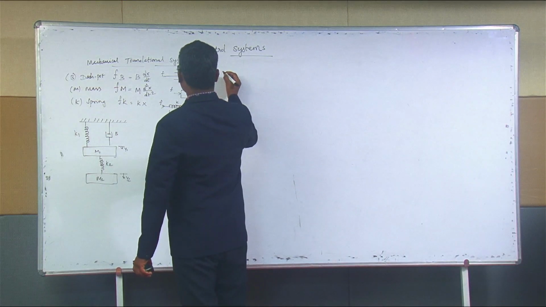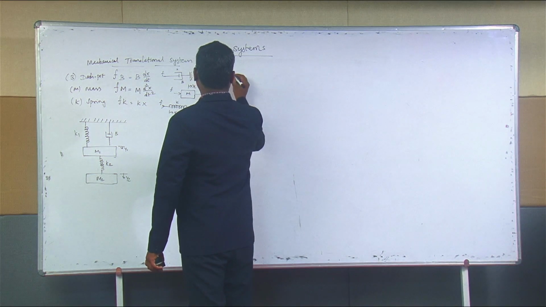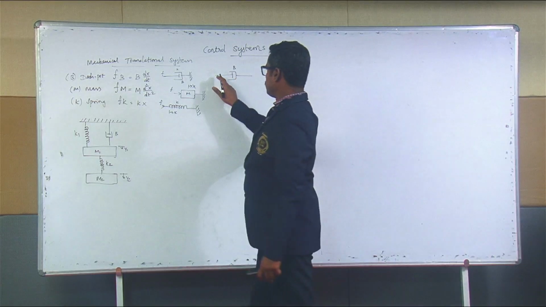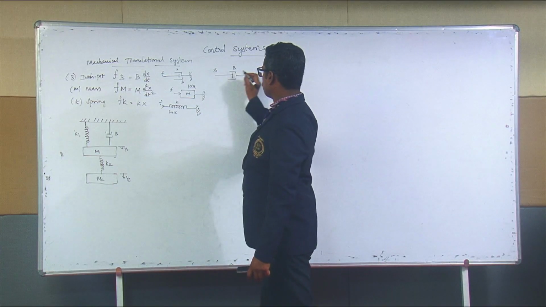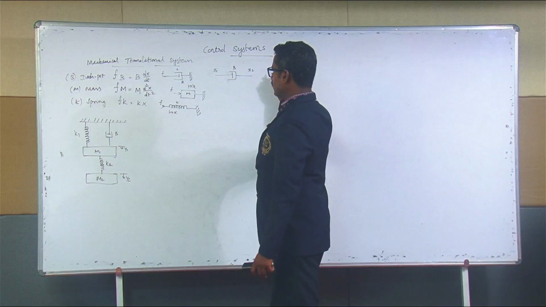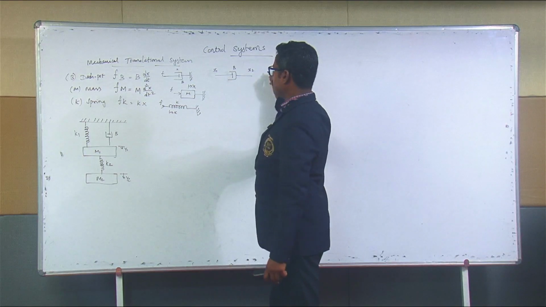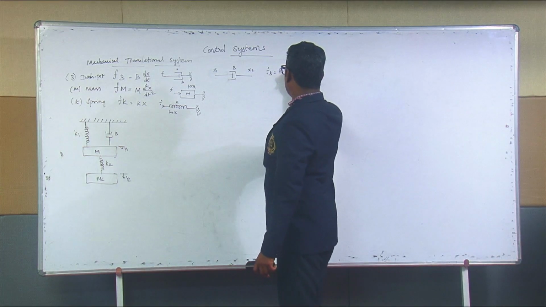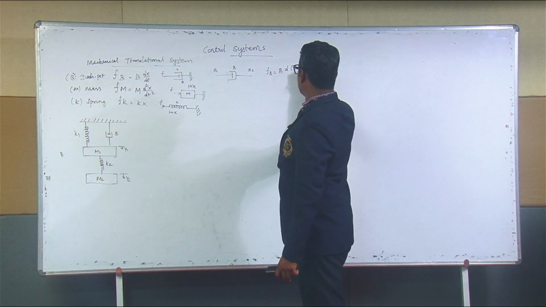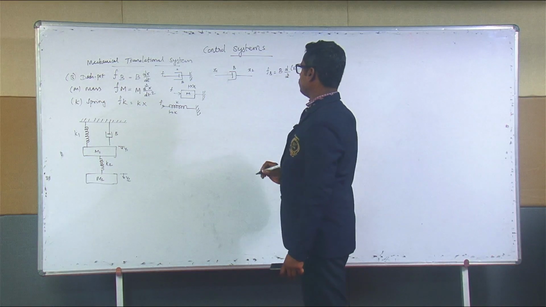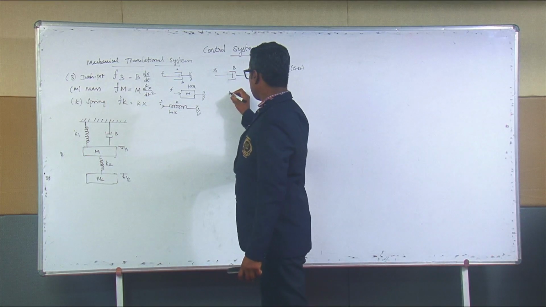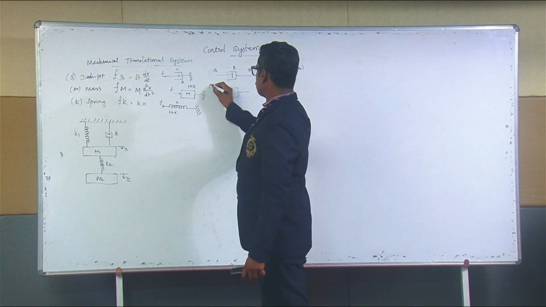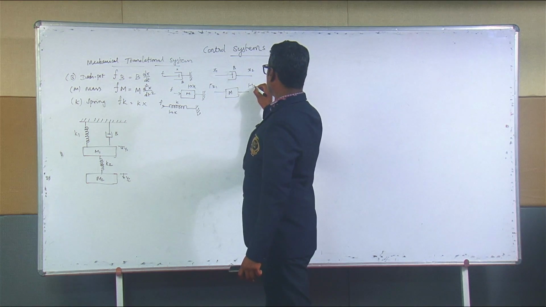Here it is B, connected with displacement x1 on one side and displacement x2 on the other. The final equation describing this is Fb equal to B into d of x1 minus x2 divided by dt. In the same way, if the mass is connected in common between two displacements, x1 and x2,